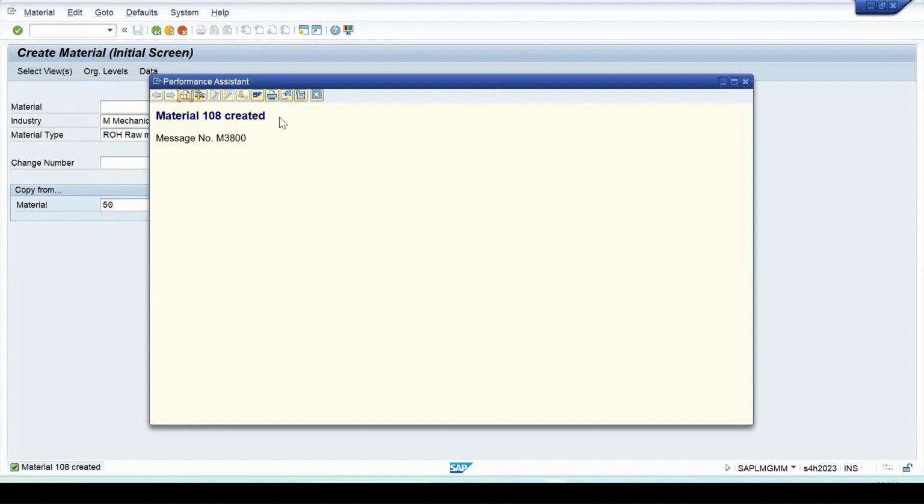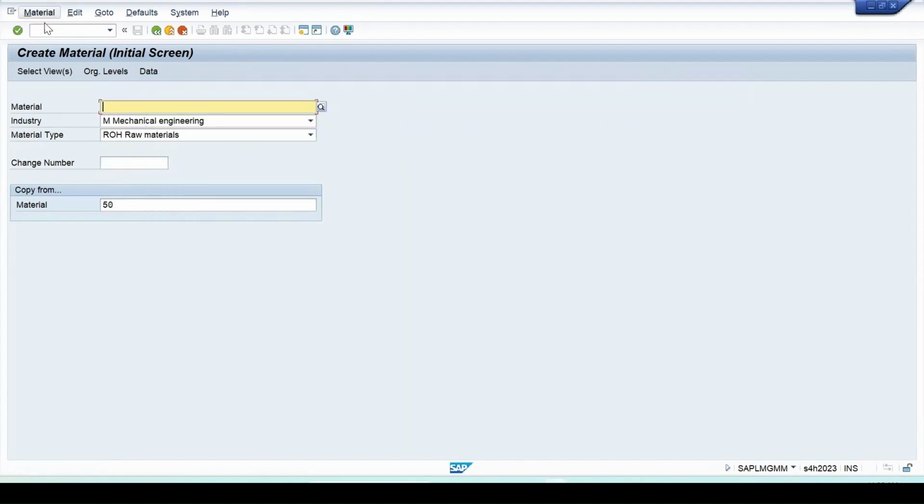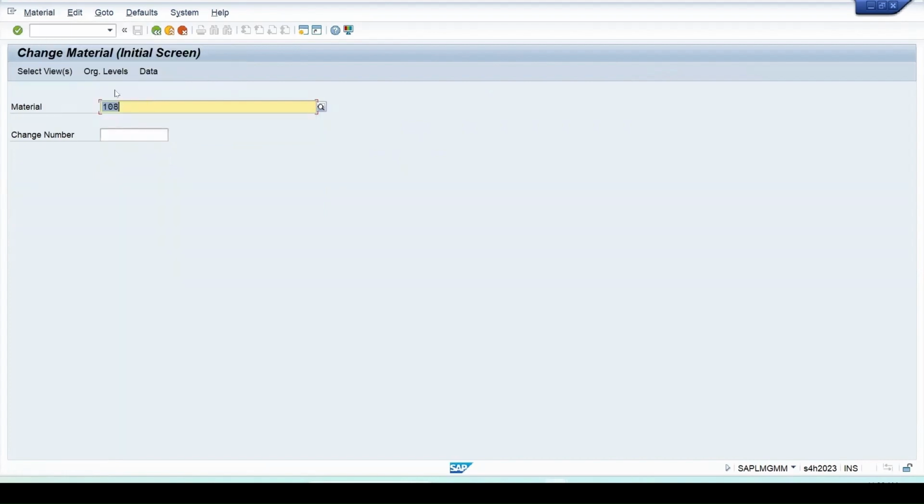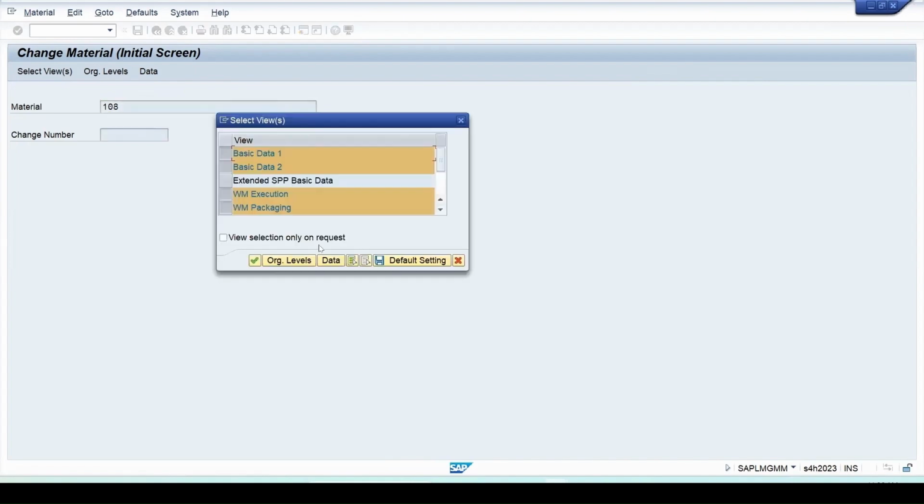Okay. So let's go to the change mode of this now. It will pick the number just now created. Press enter key. Only these 2 views we have added. By default, some others are also activated. If I go to the organizational level data,